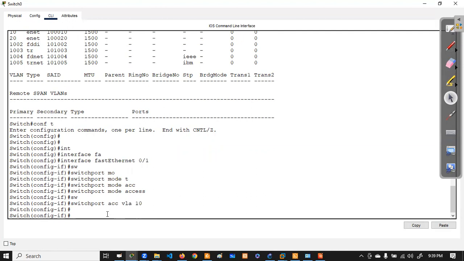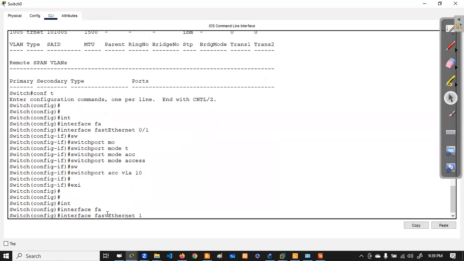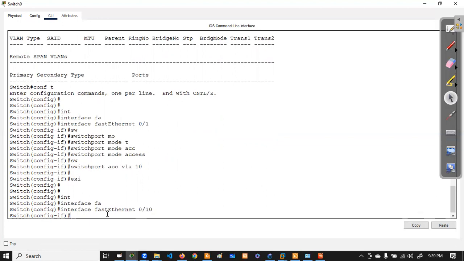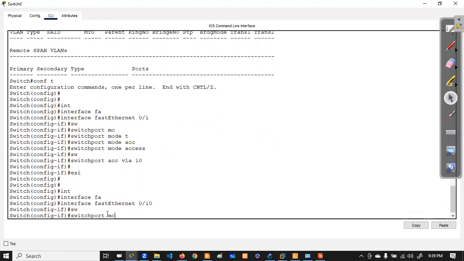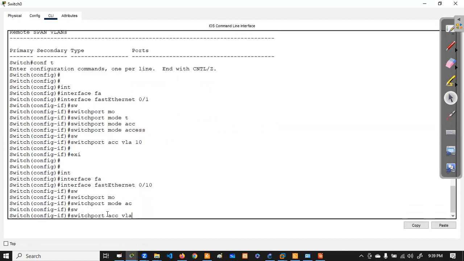Again, I can assign interface fast Ethernet 0/10, the 10th port, switchport mode access, switchport access VLAN 20.